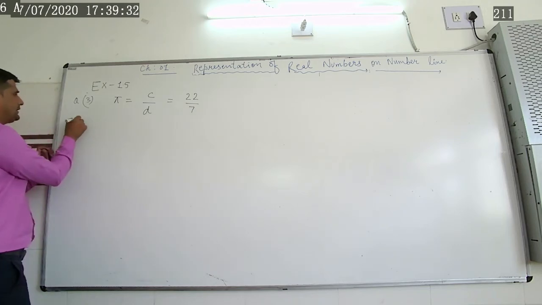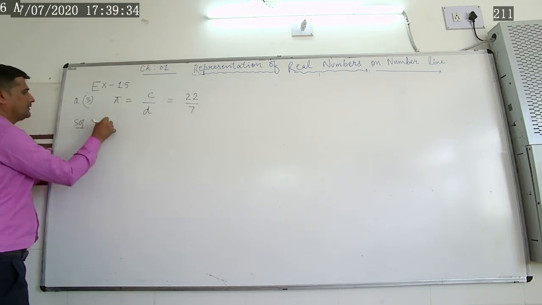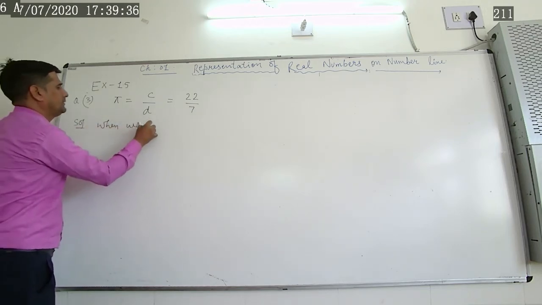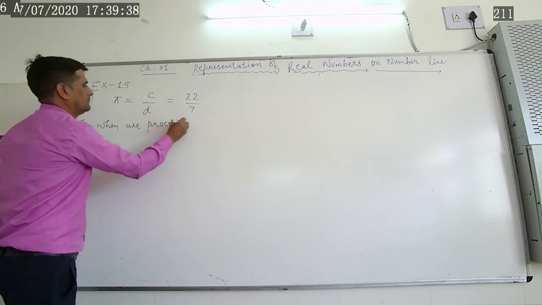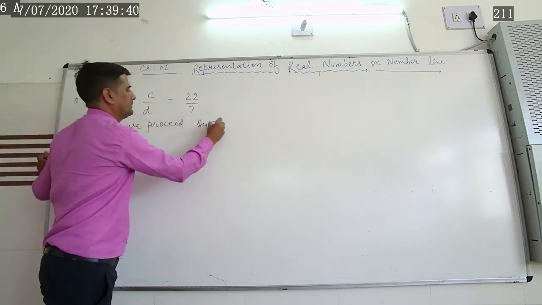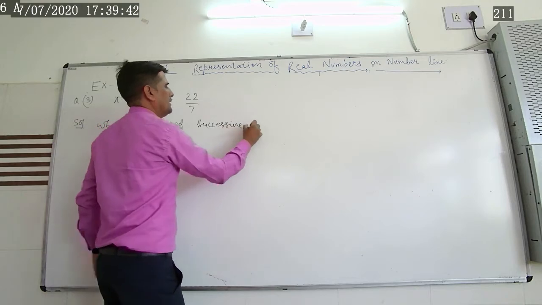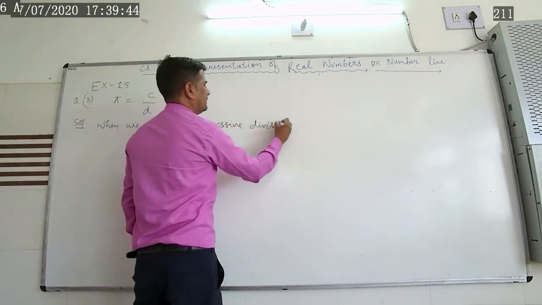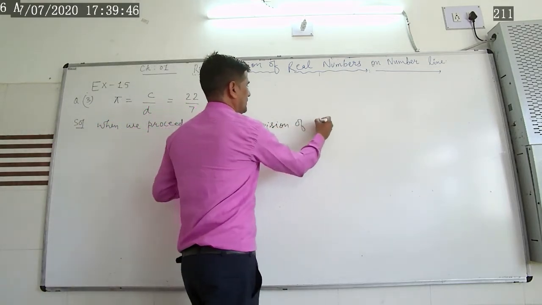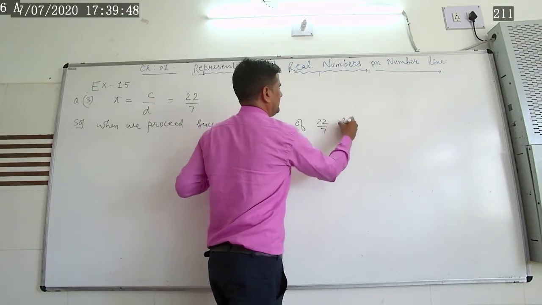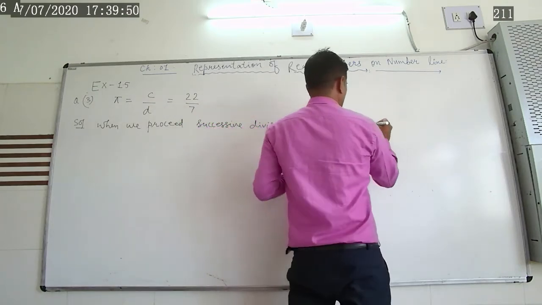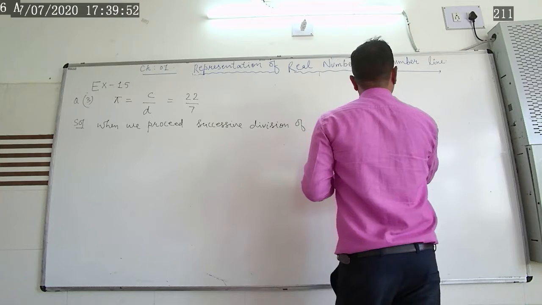But when we proceed with successive division of 22 by 7, then the decimal expression